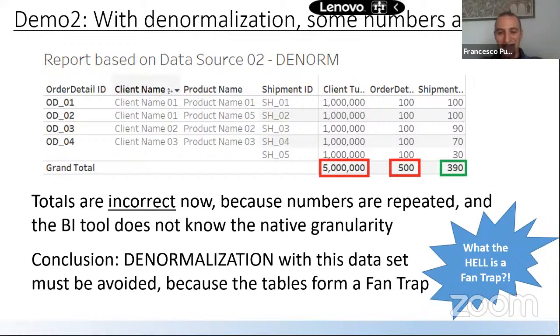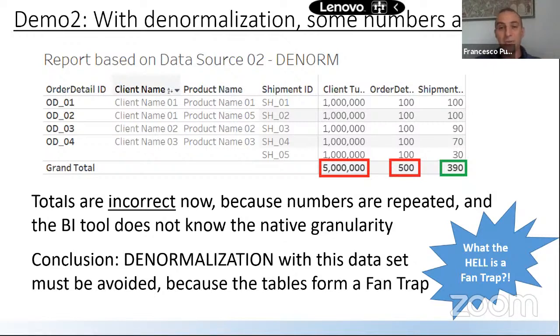And all the definitions that I see on the internet, they are somehow bad. I don't like them because fan trap is defined in a way that is too complicated. So people are saying, oh yeah, I heard about it. Yeah, sort of, it rings the bell. But no, you should notice that fan traps are happening in your data. So as they happen here in this data set, which is less than 20 rows, they will appear in the data of your client. They will appear in the data of your company. So I wrote this book because I wanted to make clear one concept. Some combinations of tables cannot be joined together, and you need to know it in advance.